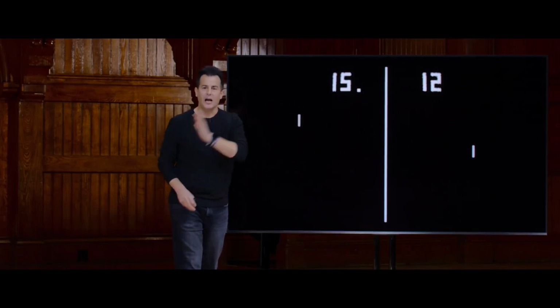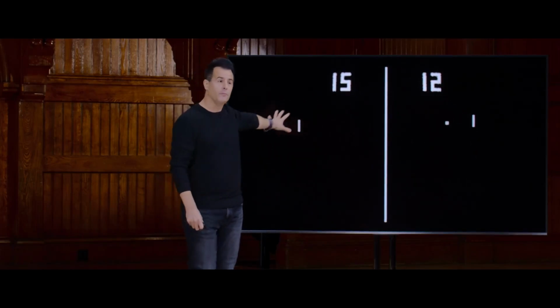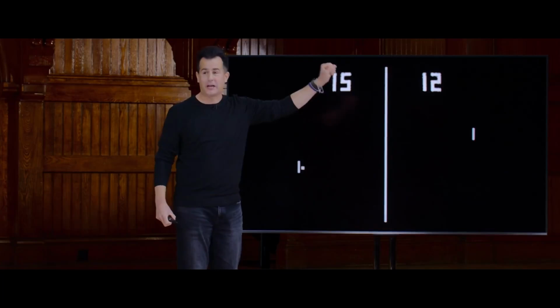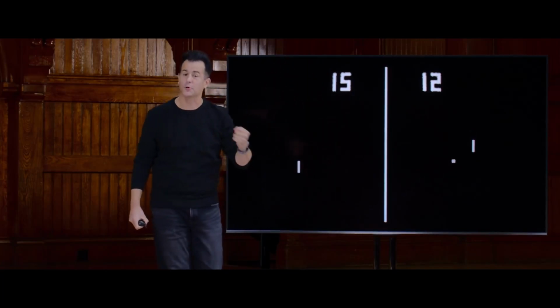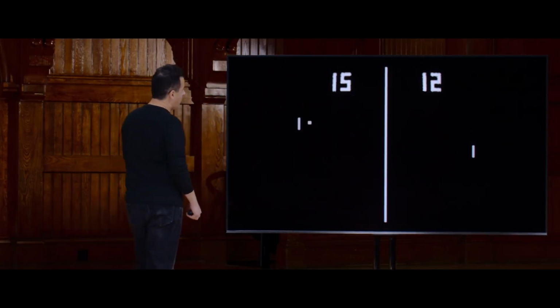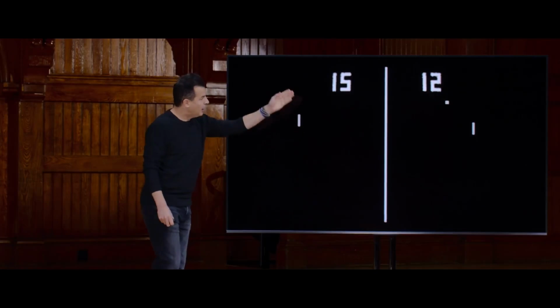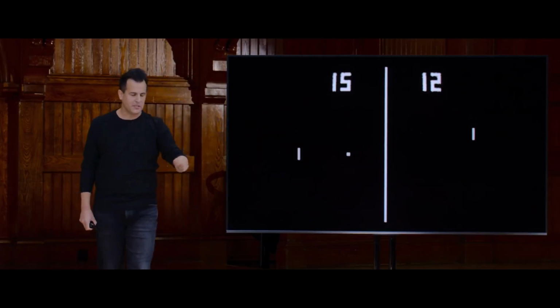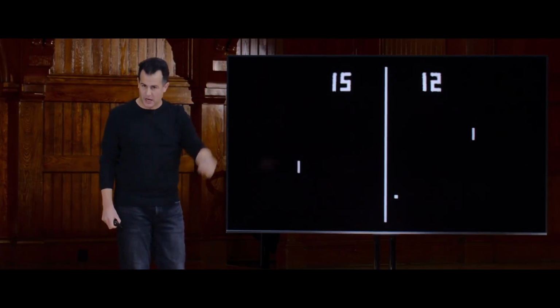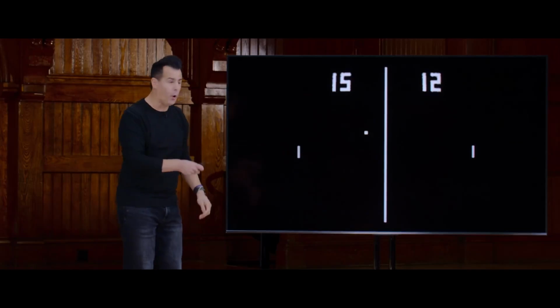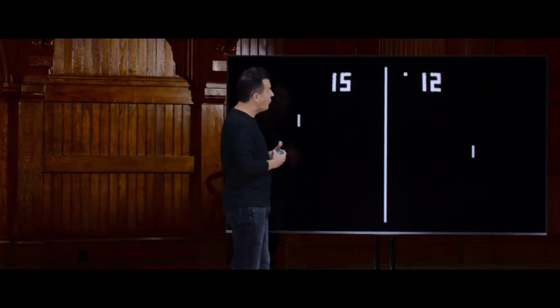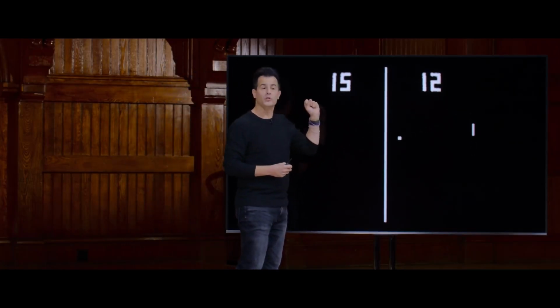Let's rewind in time, and some of the parents in the audience might remember this here game, among the first arcade games in the world, namely Pong. And so this was a black and white game whereby there's 2 players, a paddle on the left, a paddle on the right, and then using some kind of joystick or trackball, they can move their paddles up and down, and the goal is to bounce the ball back and forth and ideally catch it every time. Otherwise, you lose a point.